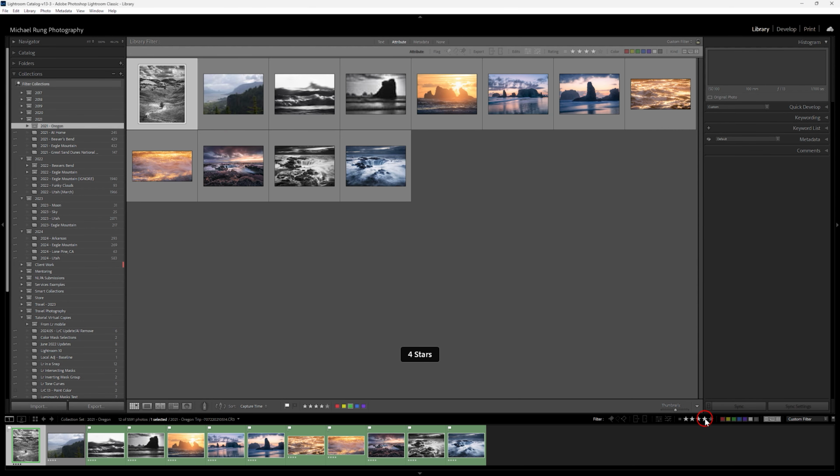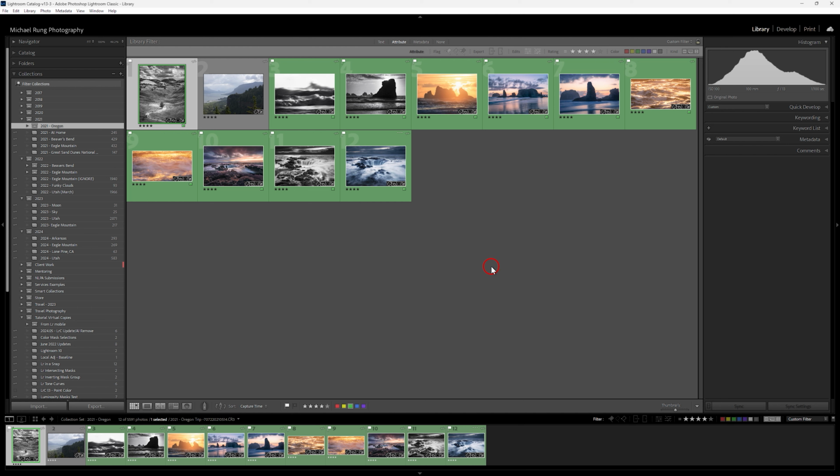Now in this particular example, I haven't moved many of my Oregon photos into my final portfolio offering, which means they're not available on my website, they're not available for print sale and things of that nature. But right now, because I'm filtered on rating equals just 3 stars, I'm not actually seeing anything that I have moved to my portfolio. So this is where the next stage of my rating process comes in. If I go to rating equals 4 stars, this now indicates any image that I've completed my editing on and that I've deemed worthy of being added to my portfolio and thereby being offered as a print on my online